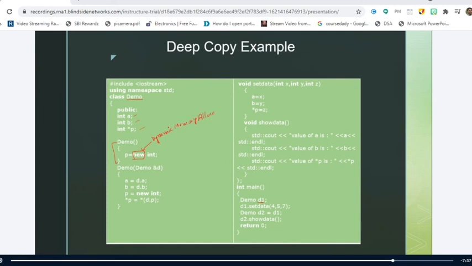I have told that you need a user-defined copy constructor whenever you have pointers and dynamic memory allocation. So if in the class you make use of pointers and dynamic memory allocation, then it is mandatory that you make use of a user-defined copy constructor.